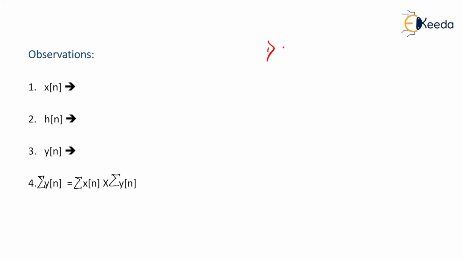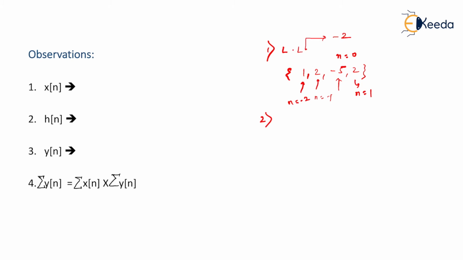First, lower limit means from where your sequence is starting. Again let me give you a dummy example. Let's say we have 1 comma 2 comma minus 5 and 2, and let's say we have some arrow mark here. We understand this arrow mark indicates n equal to 0 position, then this is n equal to minus 1 position, and this is n equal to minus 2 position, and this is n equal to 1 position. So now you have to see at which n position this sequence started. As you can see, this sequence started from minus 2. In that case, the lower limit is minus 2.